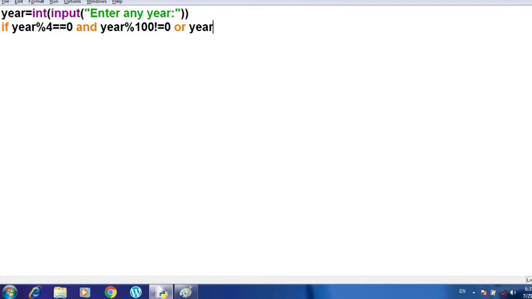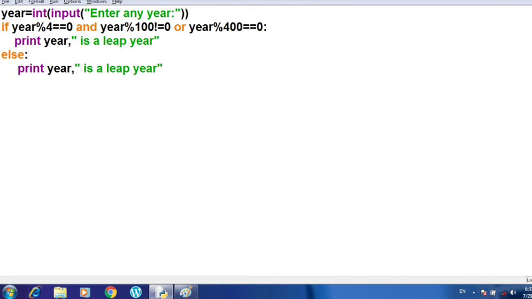leap year. Or if it's a century year, then it can also be the condition that if it is a century year, then it is a leap year. So this is the condition I have written in one line, and then I am writing the print statement. So let me write it like this: print year. I'll print the year here and then I am going to write the statement here, is a leap year. Then I am writing the else part,